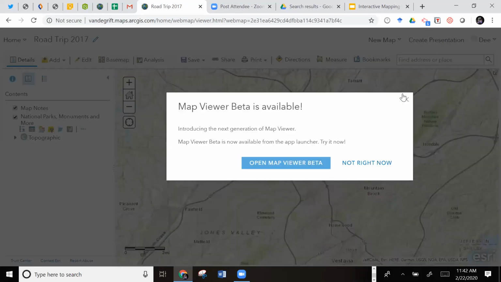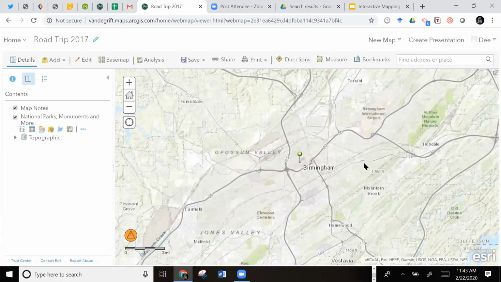Okay, it shows the map, and you can basically add points, add content to the map. You can also change your base map. There's so much to this, but basically,